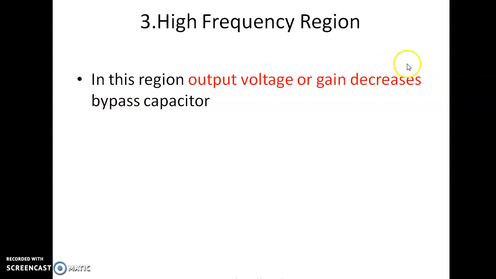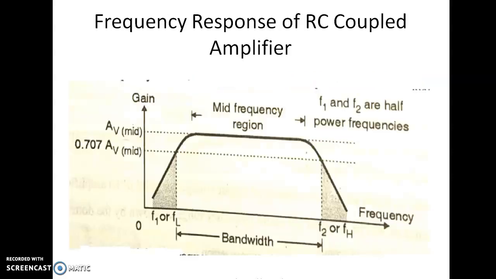And in the high frequency region, the output voltage or voltage gain decreases due to the bypass capacitor, because it acts as a short circuit and the gain goes on decaying. So this is the frequency response of an RC coupled amplifier. We can see the x-axis is representing frequency, the y-axis is representing gain, and this is FL, the lower cutoff frequency, FH